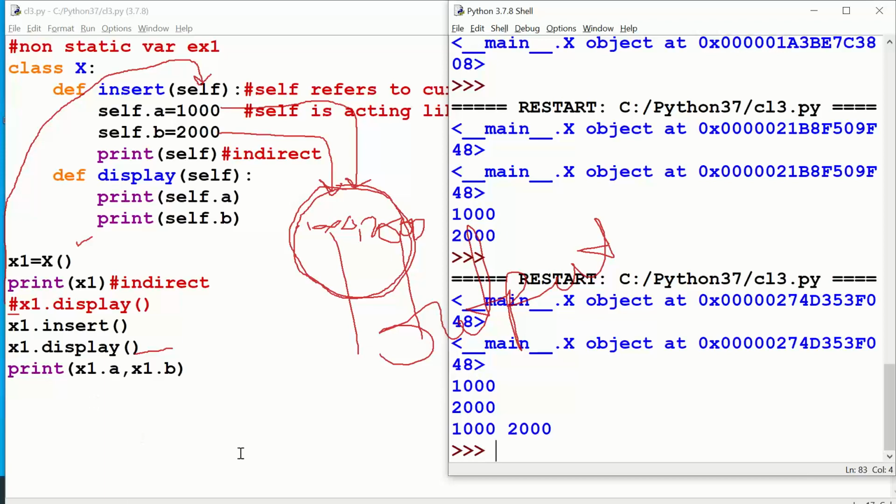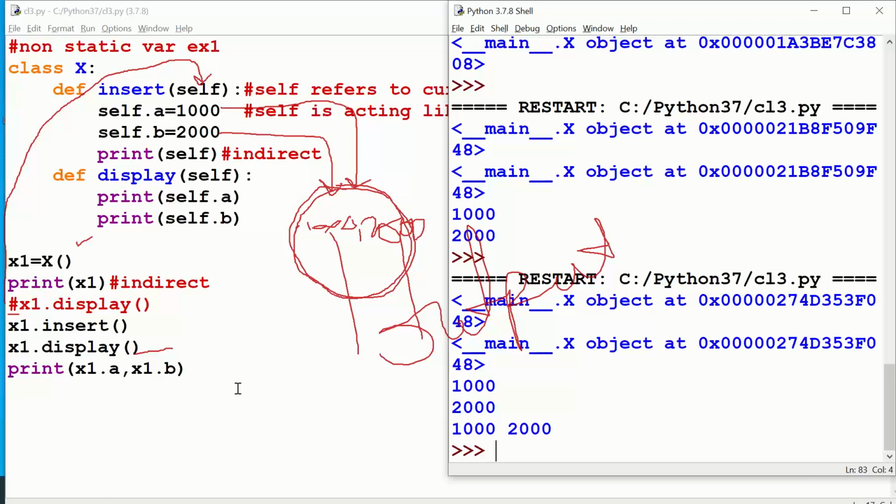You see, I have printed x1 dot A, x1 dot B. Outside of the class, you will access non-static variables using a reference variable, and inside the class you will access them using self dot. Got it. So basically x1 and self both get to know where the object is located in the memory.